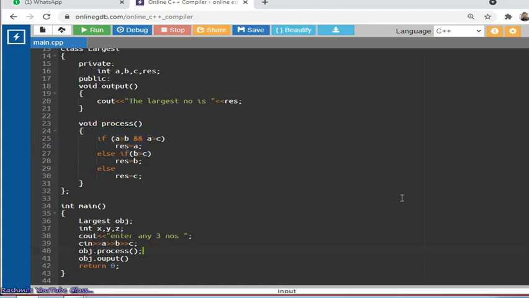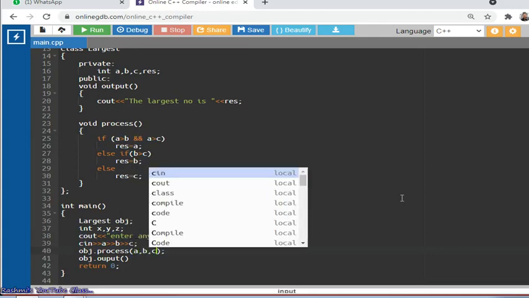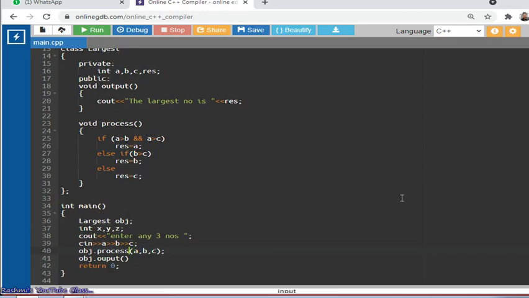So what we will do? Input already we kept here. So for process, I can give A, comma B, comma C. It means when it is calling the process function, it is not calling alone, it is calling with three variables. It is function with argument. So here the argument is these three. It means in this program there are three arguments. For this process function there are three arguments, students.